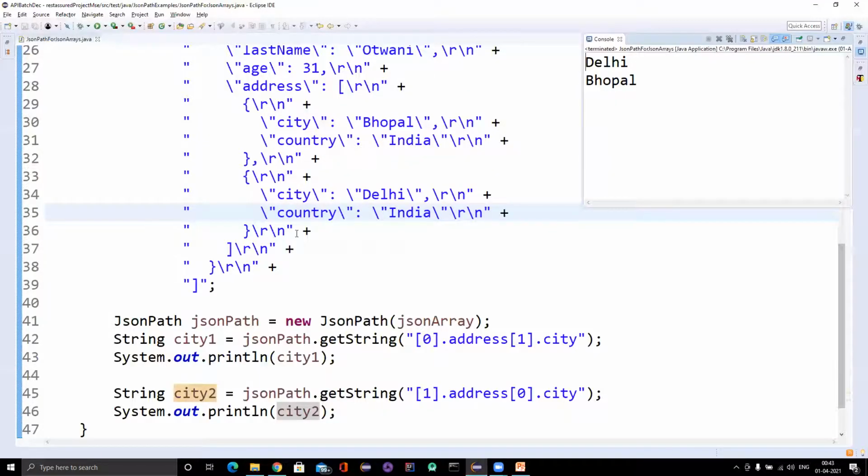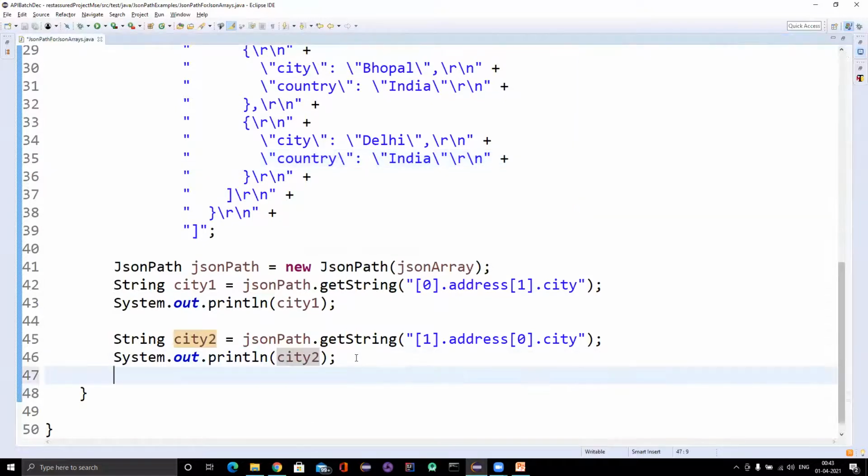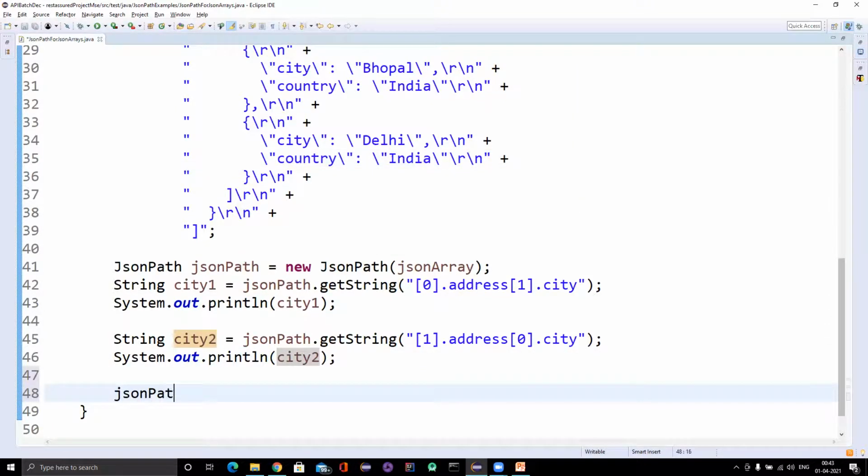So for that, what do we need to do? JSON path.